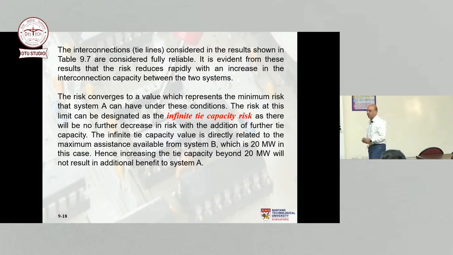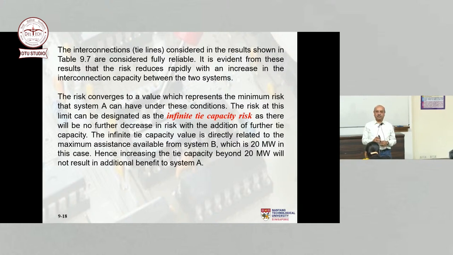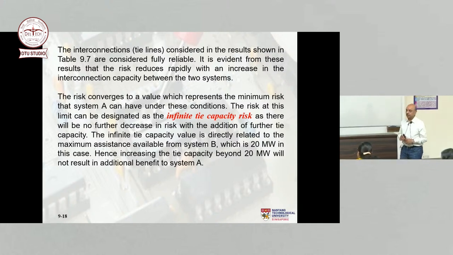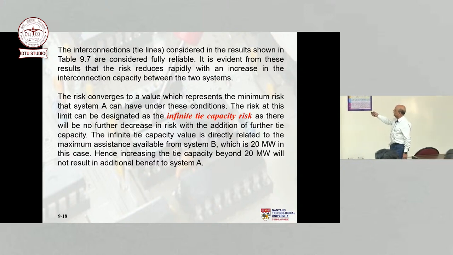Although you must know that transmission lines are some of the most reliable equipment in power systems. Generators are not as reliable, distribution circuits are not as reliable, but transmission lines are very highly reliable. They are the most reliable components, okay? So it is evident from these results that the risk reduces whenever we increase the interconnection capacity up to the limit that system B can support system A. Beyond that, there will not be any